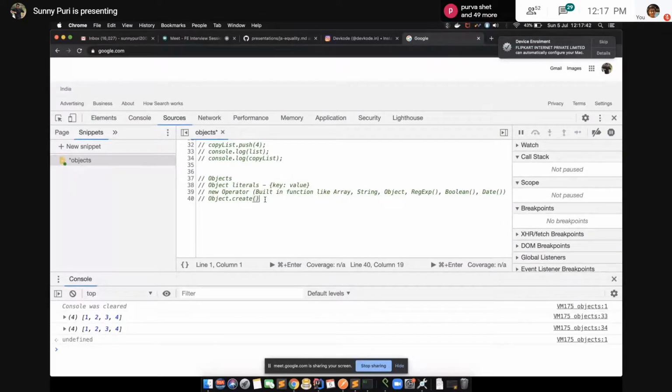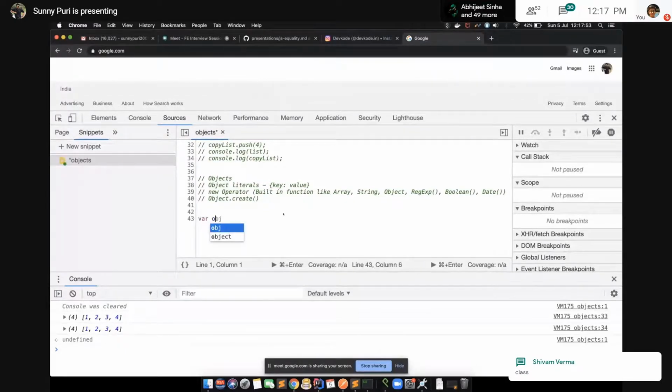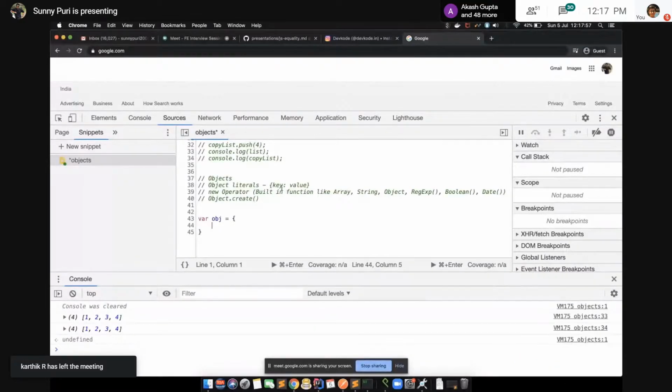After this, I'm going to cover a few more things. Let's start with object literals. What is an object literal? It means you can create a data structure using keys and values, a collection of keys and values. The value can be of anything: string, number, object, function, boolean, anything. Let's start with some basic examples.